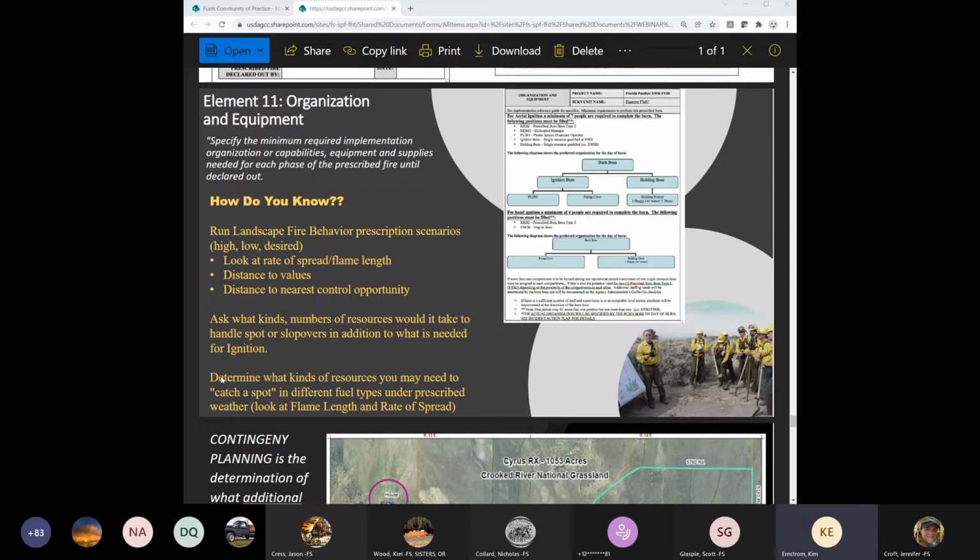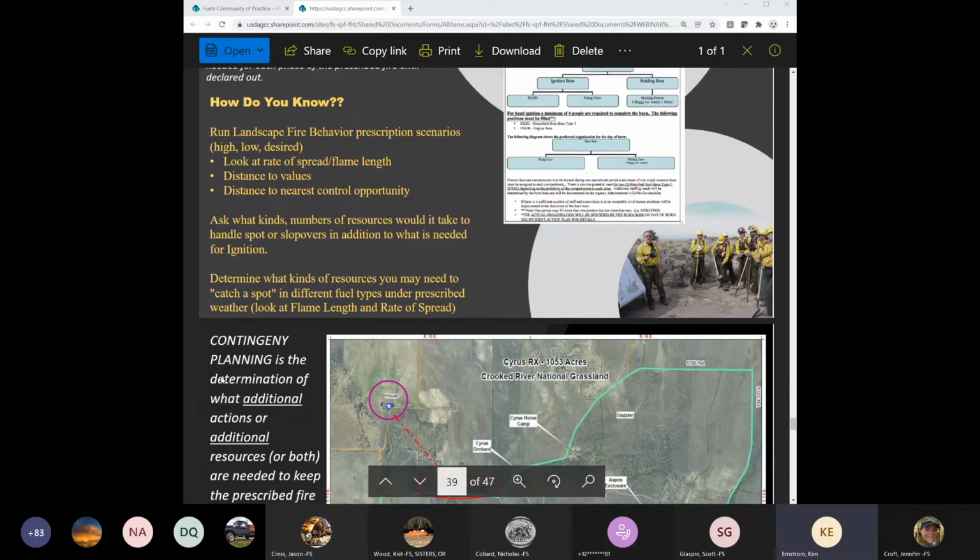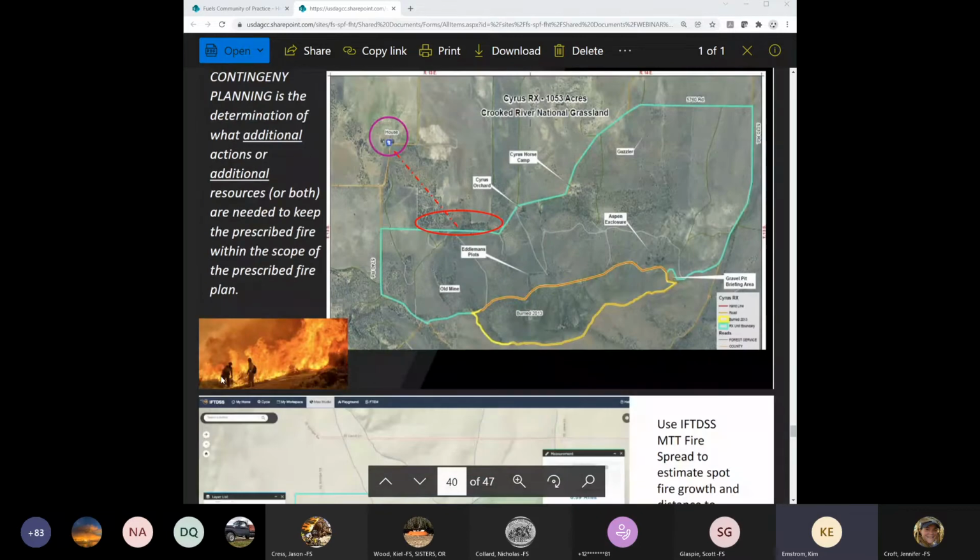So then go to the contingency planning, which is the last section, and the same thing. Contingency planning is determining what additional stuff and actions I'm going to need in order to keep the prescribed fire within the scope of the plan, right? So contingency planning is if my holding plan doesn't quite work out and I need some extra help, what is that going to look like? So by using this example of the house,